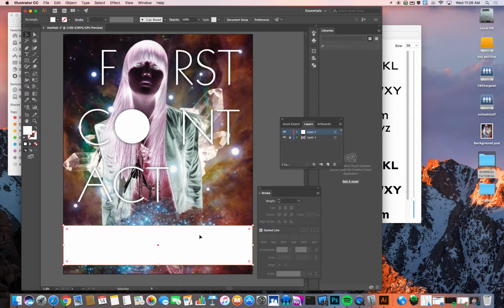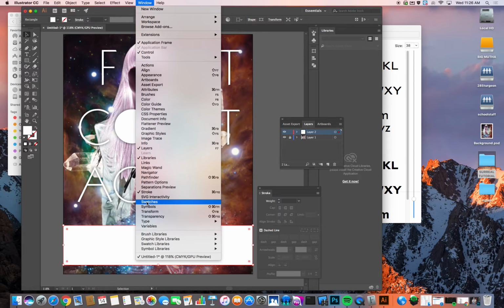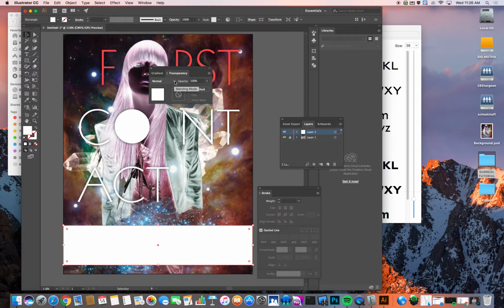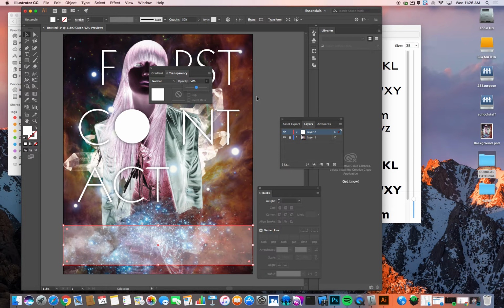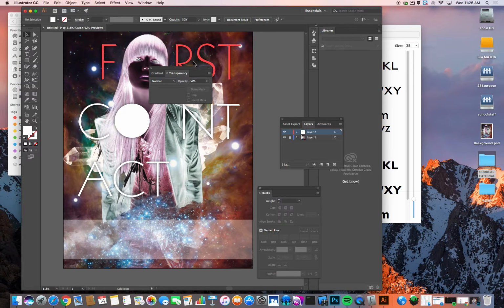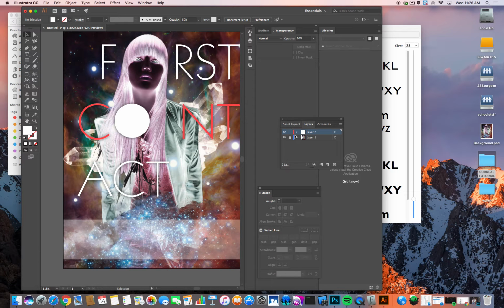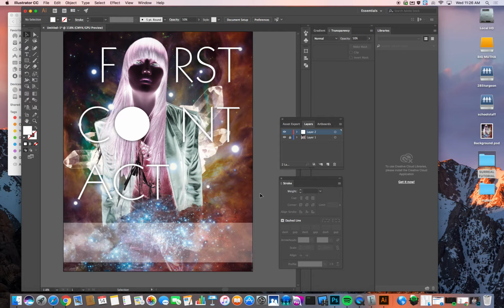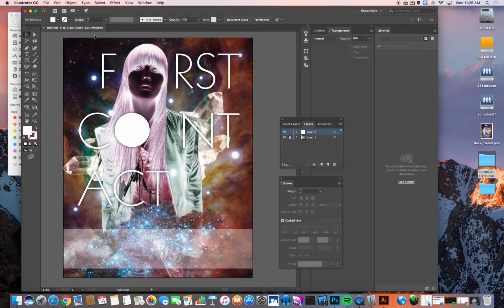What we're going to do with this box is click it so it's selected, and go to Window, Transparency, and you'll notice that this is exactly what we saw in Photoshop. We've got our blending modes and an opacity slider. So we can pull this down to 50%, and that makes a neat semi-transparent box at the bottom that we can see through and add some information to if we want. So what would go in that box? Well, perhaps we would have a barcode if this was going to be a cover or some sort of promotional